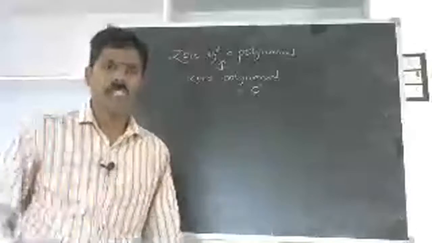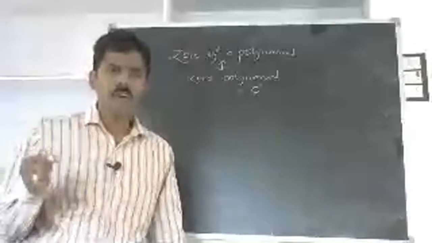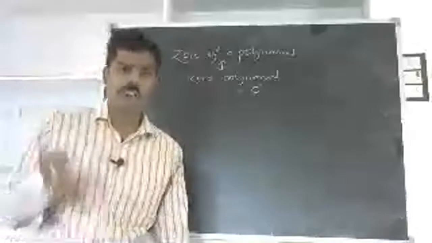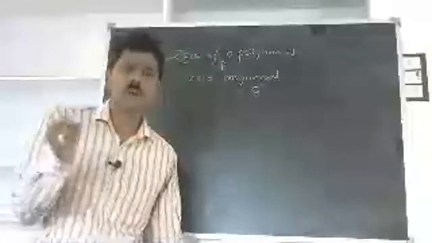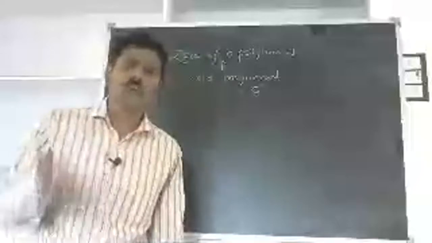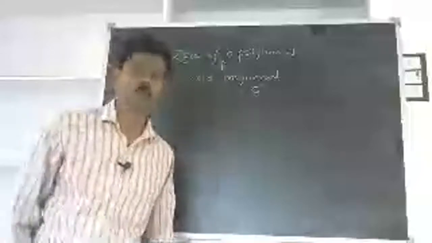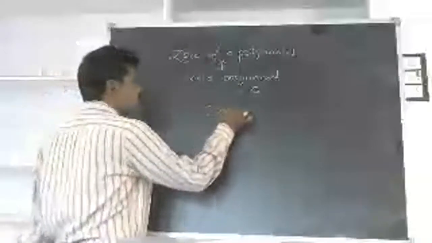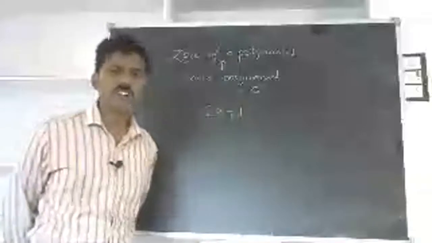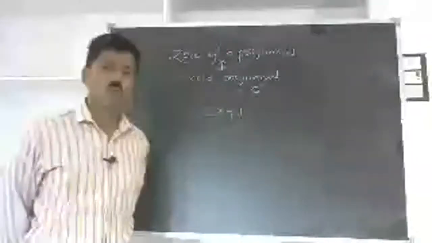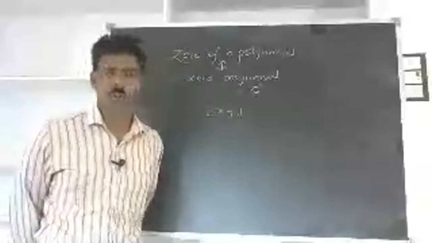So, at some value, if the polynomial is 0, if a polynomial is 0 at some value, that value is said to be a 0 of the polynomial. I will explain you with an example. For example, if I go with 2x plus 1. 2x plus 1, if I substitute different values in the place of x, 1, 2, 3, 4, 0, any values,